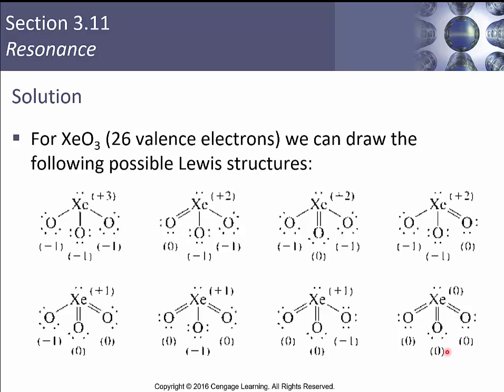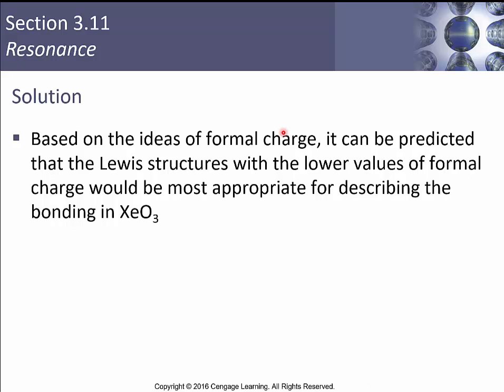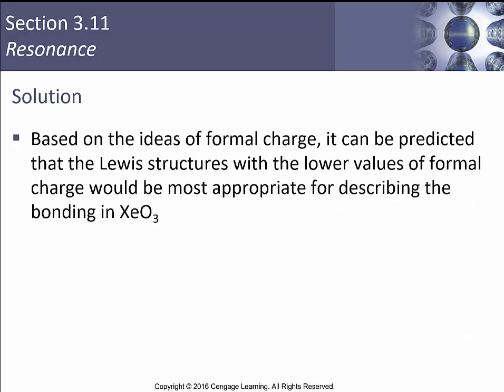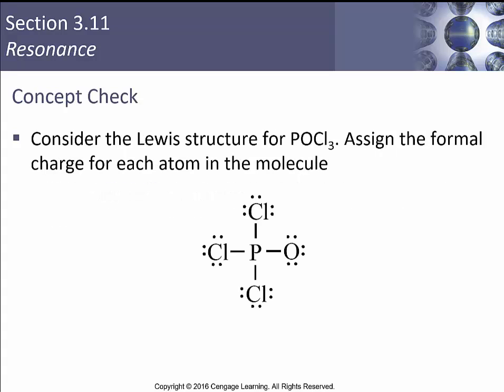So based on the formal charges, we can predict that the Lewis structures with the lowest values of formal charge would be the most appropriate for describing the bonding in xenon trioxide. All right, so we're going to pick this one over here. Based on the ideas of formal charge, it can be predicted that Lewis structures with lower values of formal charge would be most appropriate for describing xenon trioxide. If we consider the Lewis structure for